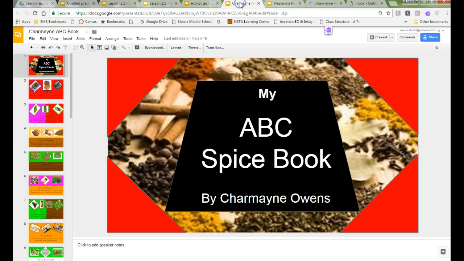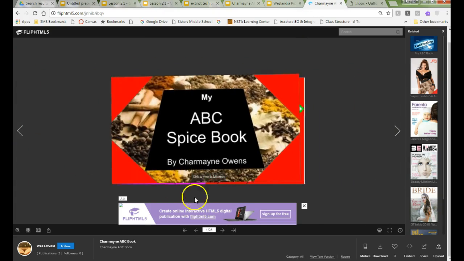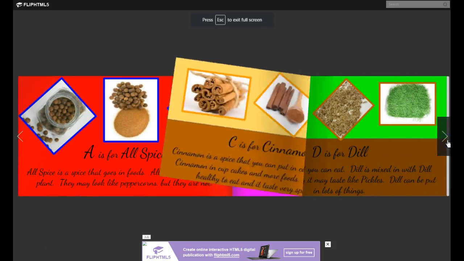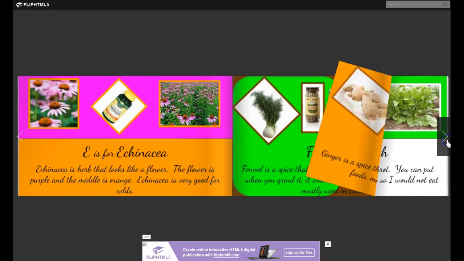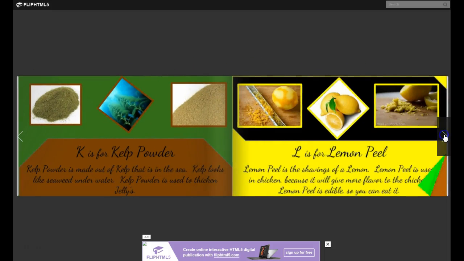I also have my kids do an ABC type book. It's an ABC technology book, but I had a girl who really wanted to do a spice book, and so this is what she did. One of the things that's really cool that you can do is actually put this in another program called Flip HTML5. Basically what you do is you upload your presentation. I'm going to go full screen here, and now we've actually turned it into a physical book, and so you can look at it just like you would a regular textbook or a picture book that they created. And again, this is done right in Microsoft